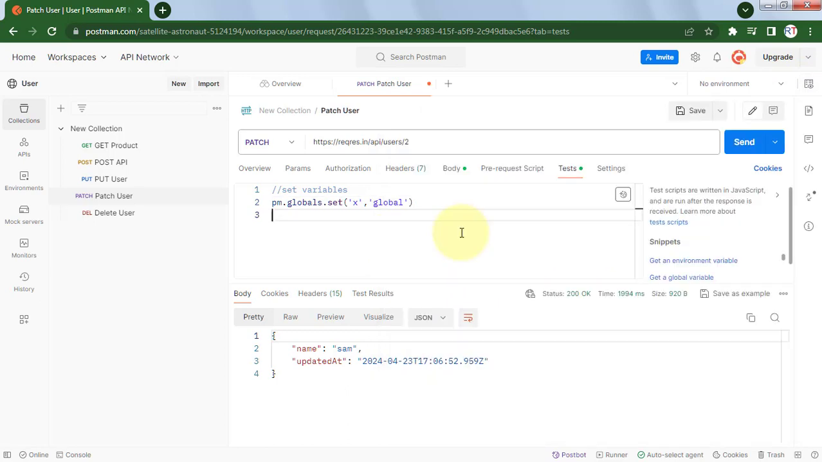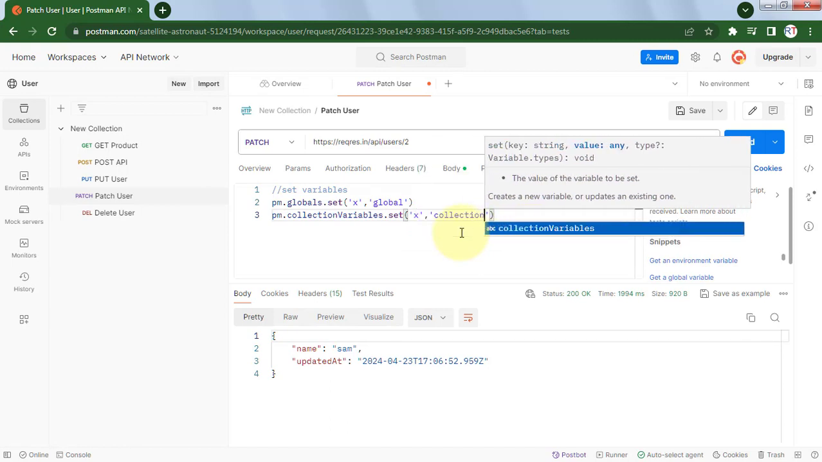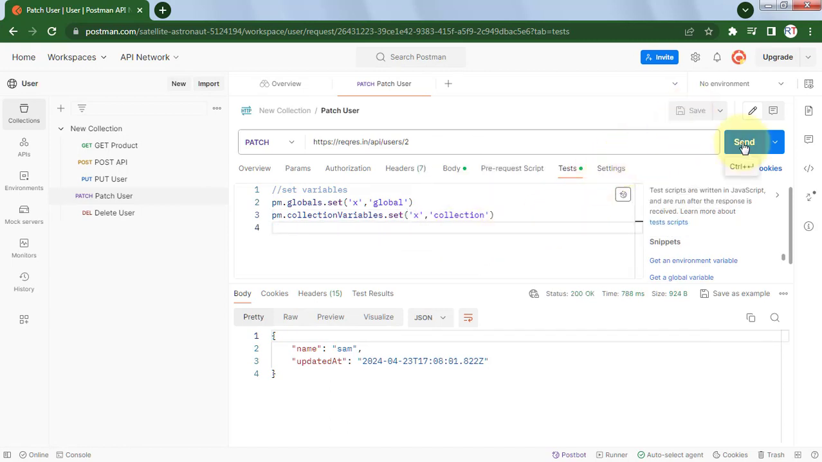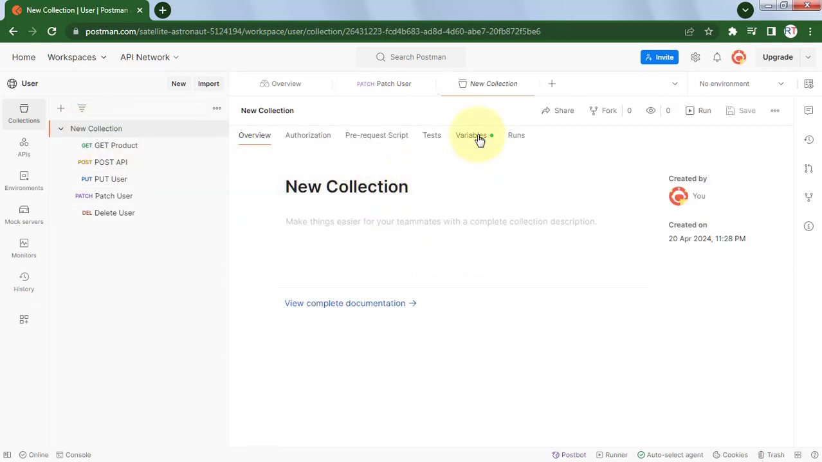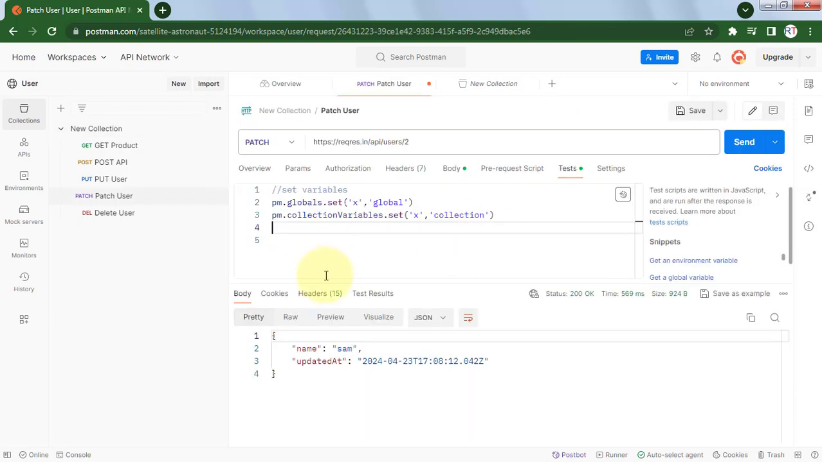So we can create a variable at the collection level. So we have to write pm.collectionVariables.set. So here also we can create one variable x with the value collection. So now if we save and run this, here we have created one variable x at the collection level. So to see the variable we have to go to the collection, and here under the variables, you can see we have the variable x with the value collection,